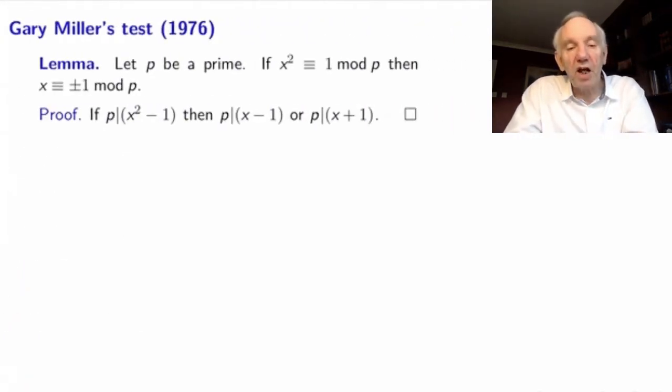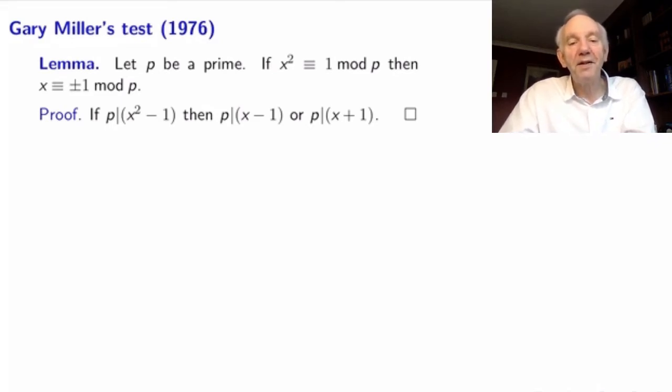Now I want to generalize this with a result which is called Miller's test. It was later generalized to make it probabilistic, sometimes called the Miller-Rabin test, but I just want to talk about the simpler version, which was really discovered by Gary Miller in the 1970s, which is the same decade in which RSA was conceived. Not to be confused with something called the Miller test, which is to do with someone called